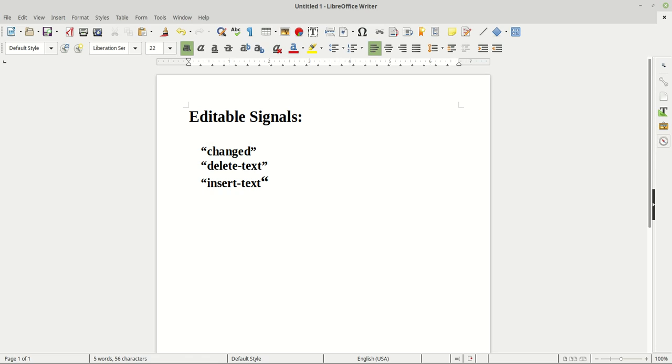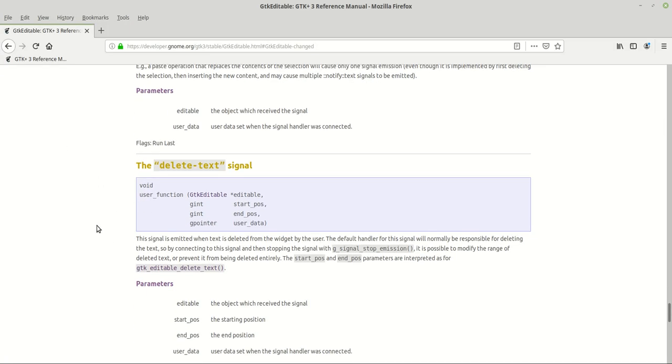Okay, let's move on to the next signal. The next signal is delete text, and it says this signal is emitted when text is deleted from the widget by the user. The default handler for this signal will normally be responsible for deleting the text. So by connecting to this signal and stopping the signal with g_signal_stop_emission. We are not going to do that now, but what we are going to do is